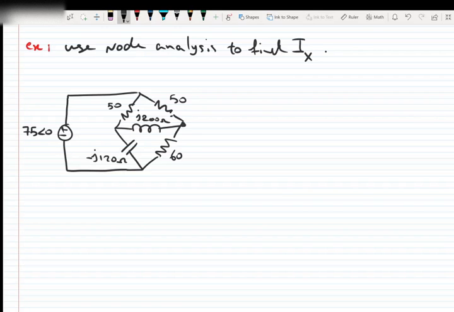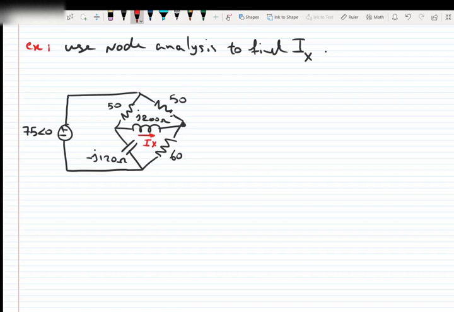Whenever we have a capacitor, definitely the impedance of the capacitor is negative, and if we have an inductor, the impedance of the inductor has to be positive, and the current moving through the inductor is Ix, and we